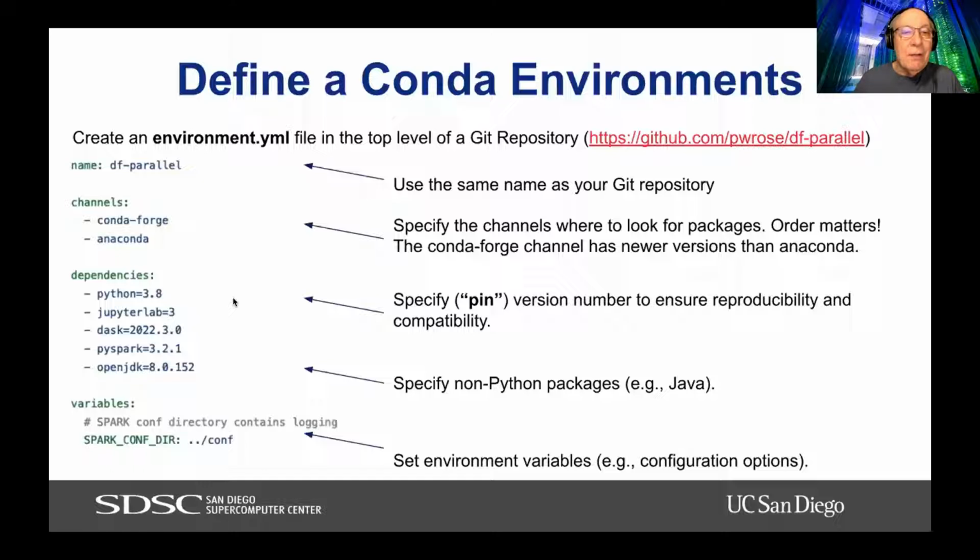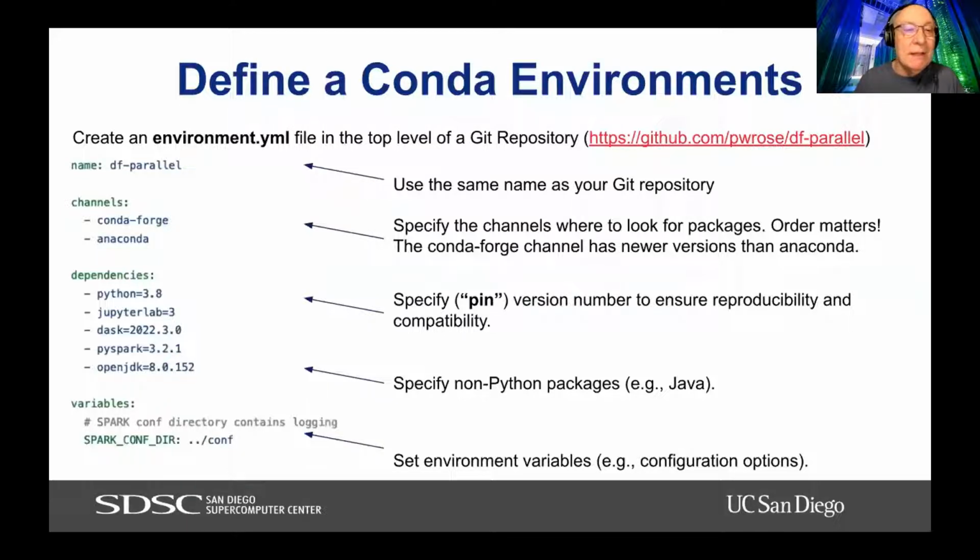And the nice thing about Conda is you can not only install Python packages, but also other types of software. So for example, I'm using PySpark here, which needs the Java JDK. So I can also install Java. For example, here I'm installing Java 8. Although I have Java 11 installed on my machine, since it's an isolated environment, I can have multiple versions of Java coexist.